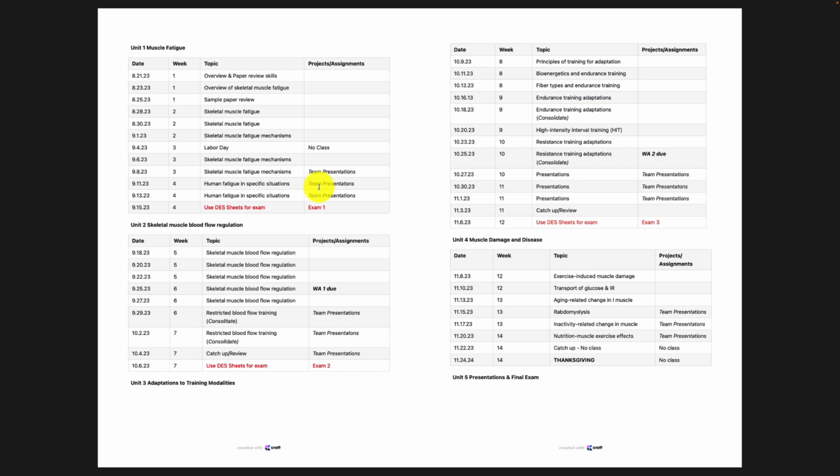So I'm going to give you guys a sample paper on Friday. And then once we get back to class next week, we will start talking about muscle fatigue. We will start to talk about skeletal muscle mechanisms that are associated with fatigue. And then I will basically upload the papers. They're already in Canvas. They're in folders where it says Unit 1, 2,